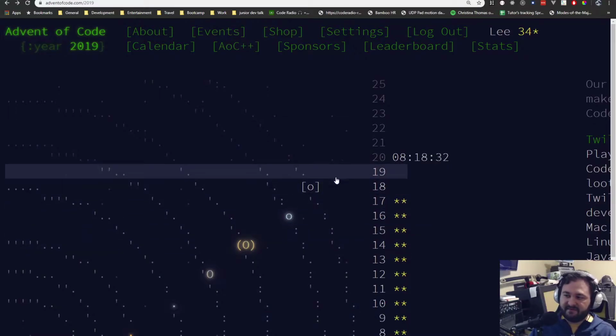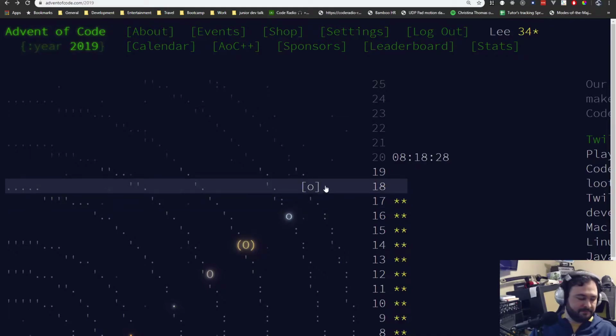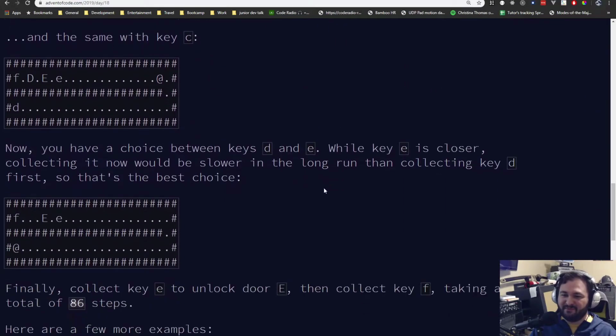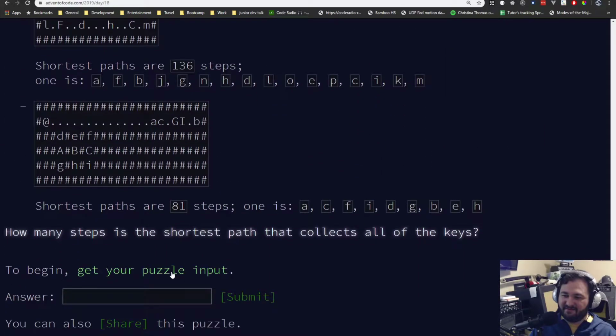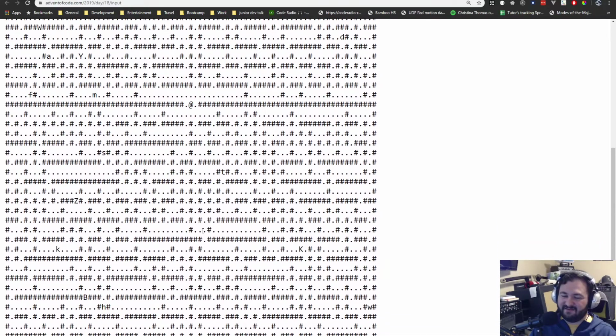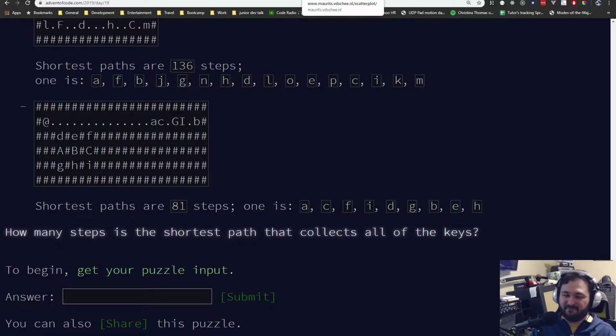So, like I said, today's day 19, but we're going to talk about day 17. Real quick before we start, day 18 looks to be a real bear of a problem. So it's another maze problem, and here's the puzzle input. It's like a giant double maze. So I don't know how long it's going to take me to do this one, but if you look at